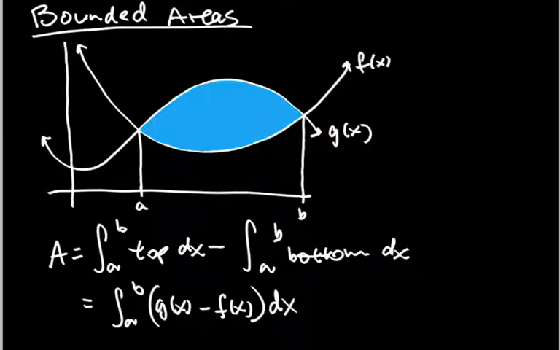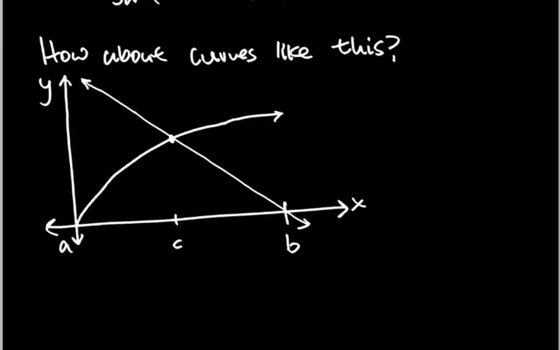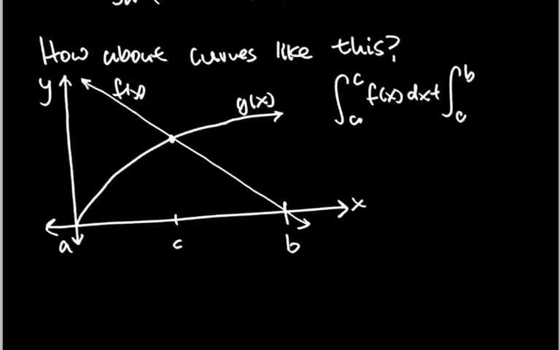Alright, so what about things like this? Well, similar thing, except you can do two things. You can either do the integral from a to b of, let's just call this f of x and this one g of x, and do integral from a to c of f of x dx plus the integral from c to b of g of x dx. So that works, but another way that also works if you want to write in one integral is,